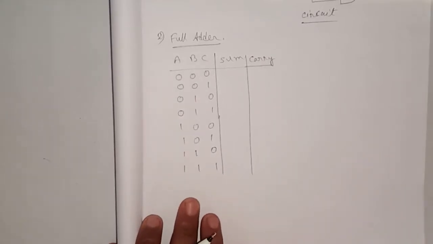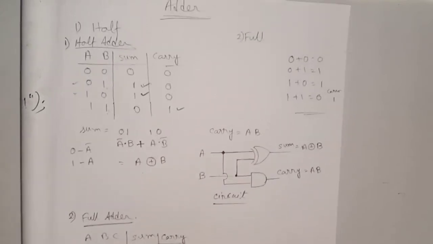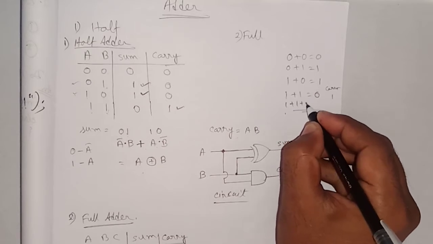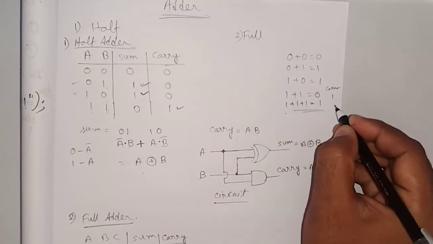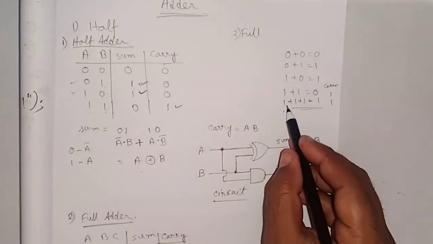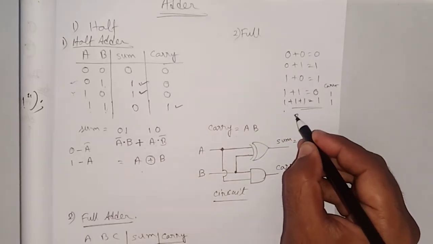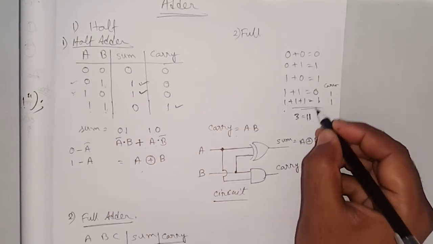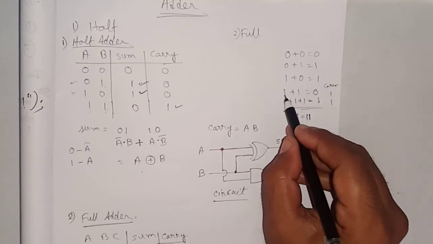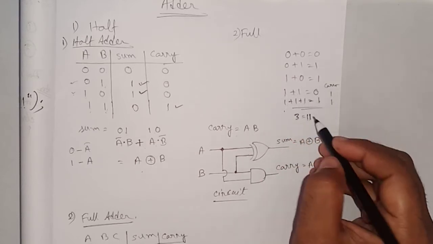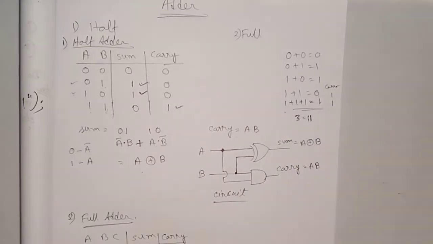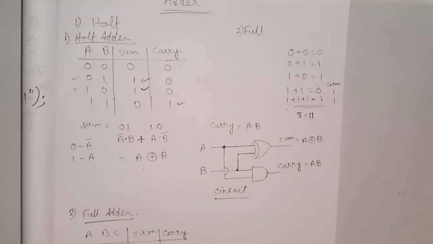We already know there is one more formula in summation. After these four formulas, 1 plus 1 plus 1 is equal to 1 carry 1. Because 1 plus 1 plus 1 is equal to 3, in binary form, as we already learned in the previous classes, 11. So 1 we are putting and 1 we are carrying. For 1 plus 1, which is 2, meaning 10, 0 we are putting and carry 1. Similarly, this formula, 1 plus 1 plus 1 is equal to 1 sum and 1 carry.